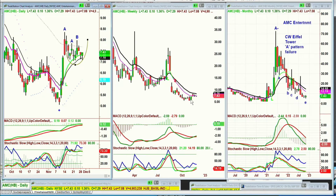There is nothing to see in the weekly chart, and absolutely nothing other than the tiniest little doji candle in the monthly chart in October. Here we are in November with a wider doji candle. And the question was, will AMC go higher? I think that's the question. Let me just double check. Yeah. So within that context, I'm suggesting that the only way you can do this right now is to say